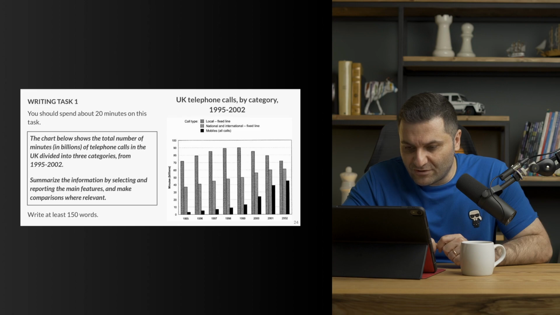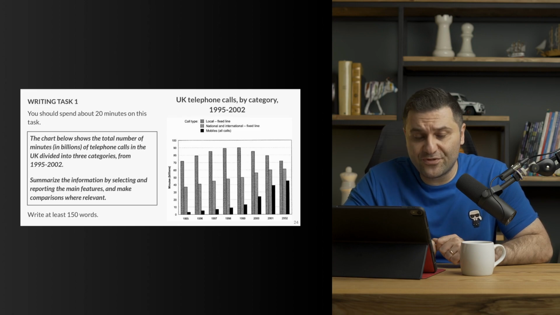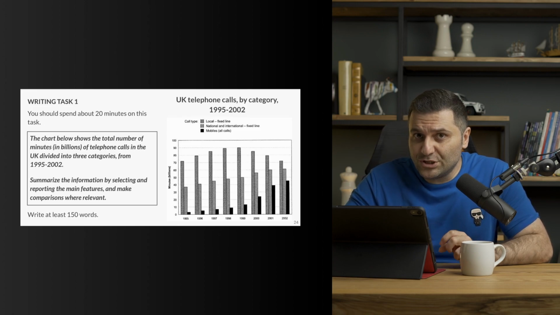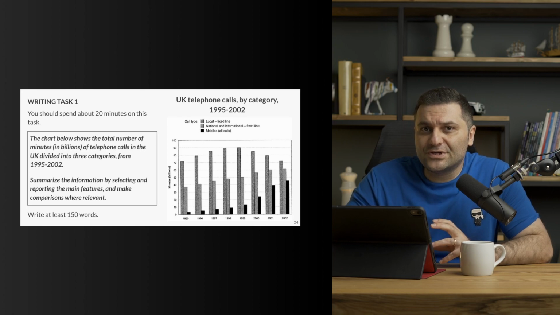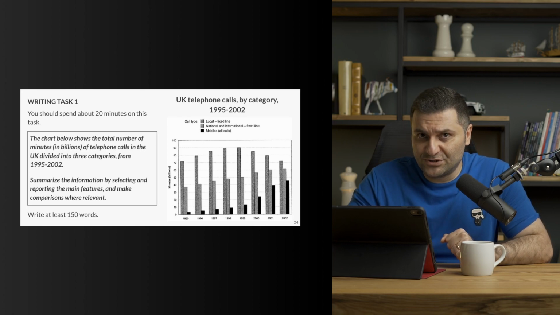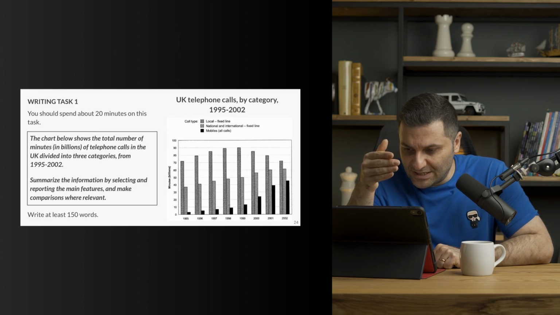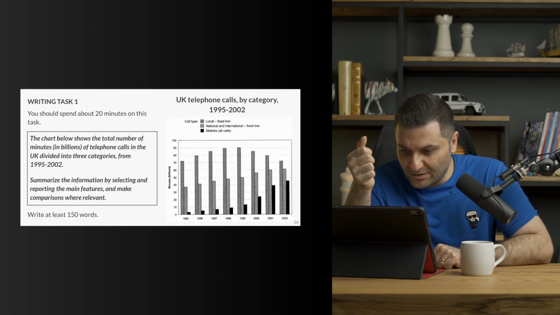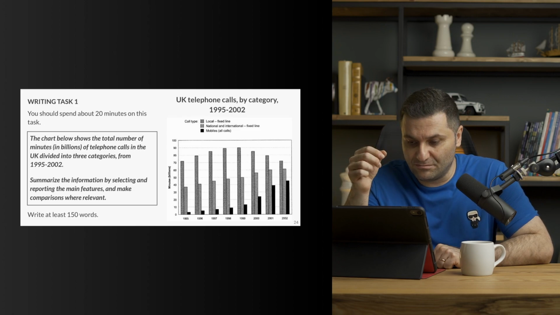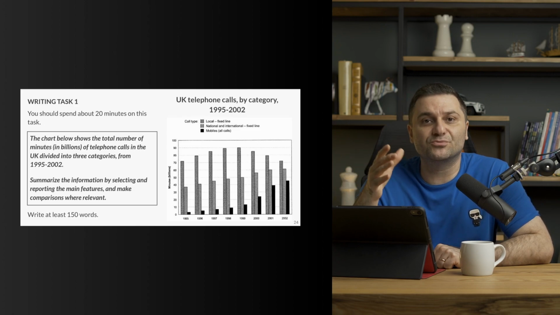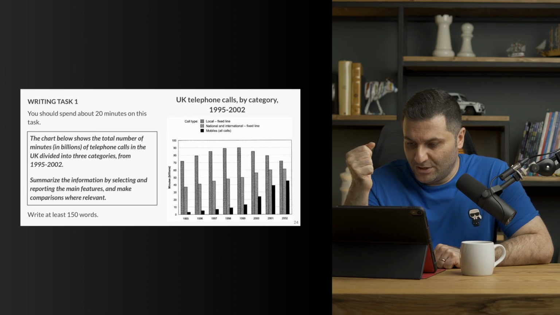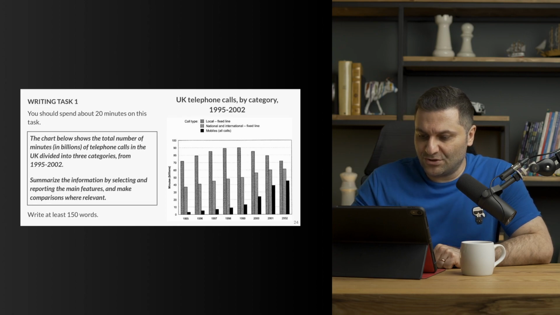For example, it's starting from 1995 up to 2002. So we should compare the data over a period of time. And the vertical unit is millions, all right? Minutes, which are measured by billions, all right? And, all right, so our next